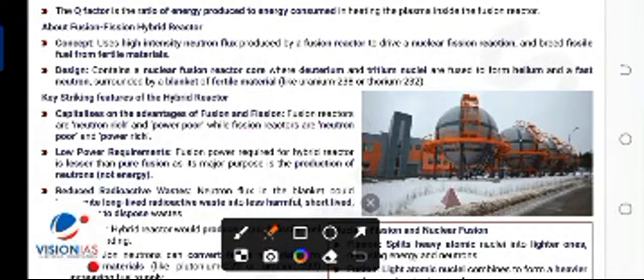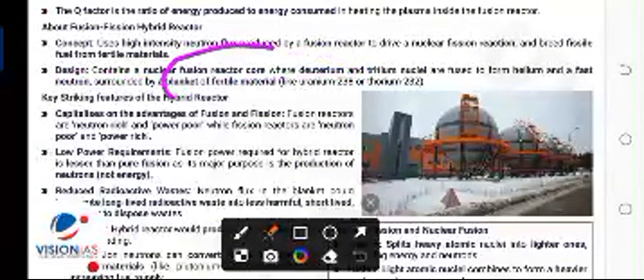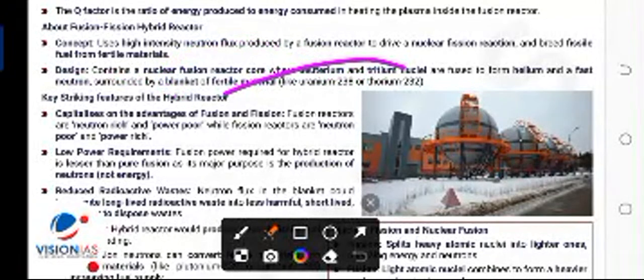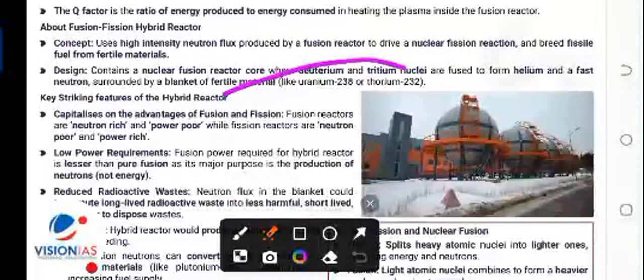The design contains a nuclear fusion reactor core where the deuterium-tritium nuclei are fused to form helium and a fast neutron, surrounded by